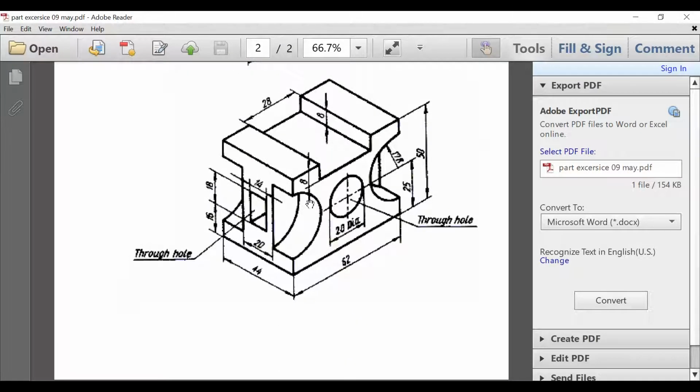Even for any given figure, you need to think first. The first thing is you need to know the commands. You need to have a good grip on the software: what commands are there in that particular software and how they are going to work. That is the first and primary thing. Coming to three-dimensional modeling, you have to think from where I need to start the figure. For this figure, I need to take the front plane, draw the profile of this and extrude it. Later, make these pockets and through holes wherever necessary. This step-by-step procedure you have to keep in your mind.